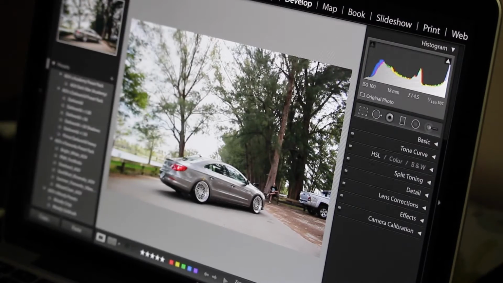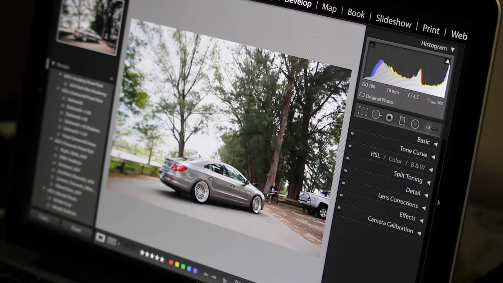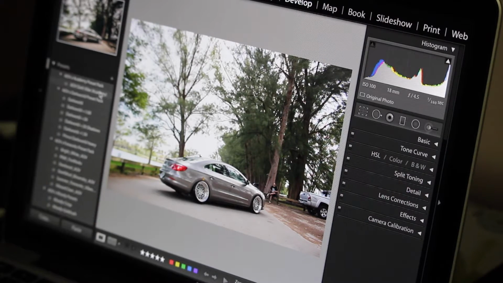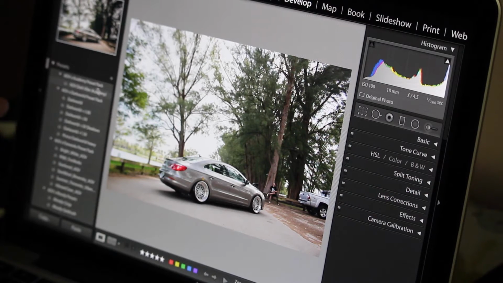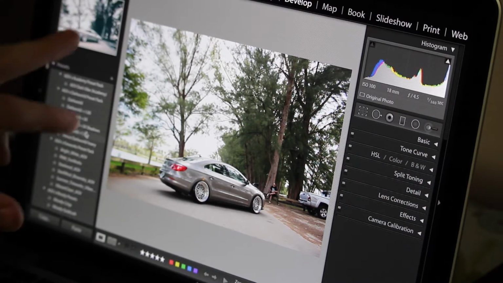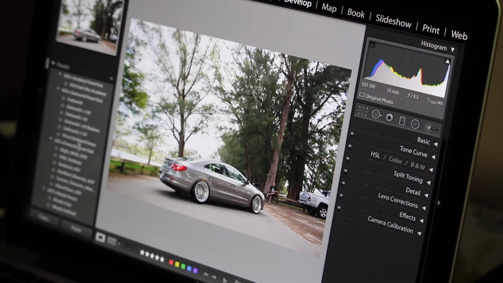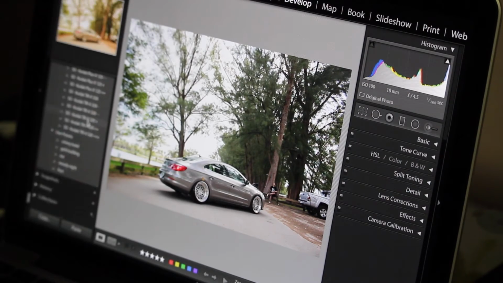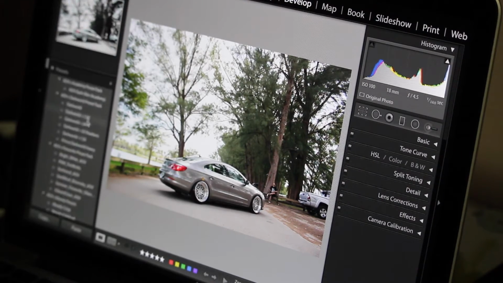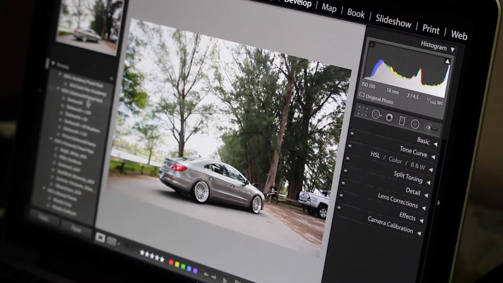I don't know how other photographers do it, but I like to take the little cheap way out of things. So I have presets, which is basically this right here in the corner. Each one has different presets. As you guys can see right here, it starts changing. I go through each preset that I have, but I have a ton, so I'm not gonna go through each one. I'm gonna go through my favorite ones, so I'll just see